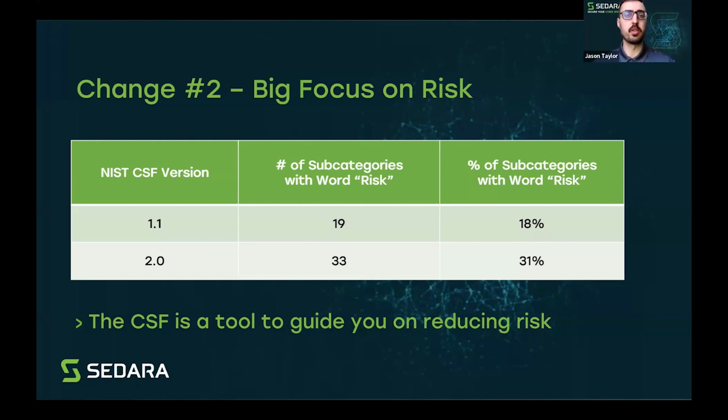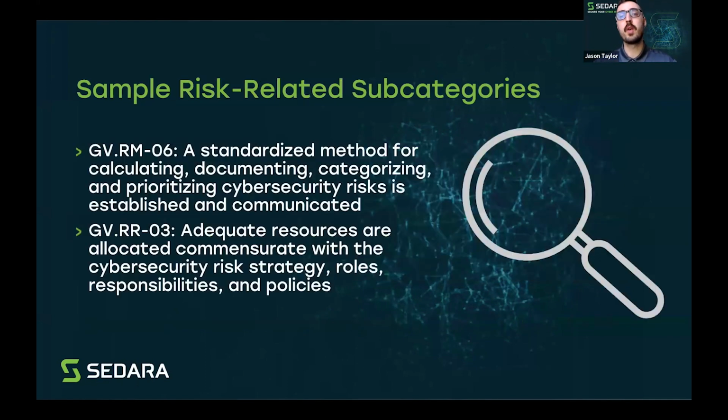So how does that look in controls? Well, we need a standard method for identifying risks, for documenting them, for categorizing them, for prioritizing them. So we have to do formal risk assessments. If you've never done a risk assessment before, it's something you should start thinking about. And note too, we don't just identify the risks. We have to, in that second control, allocate resources then to reduce risks, commensurate with their threats and likelihoods and